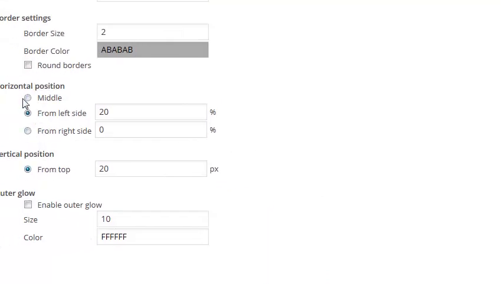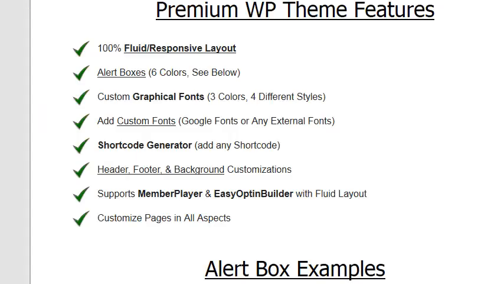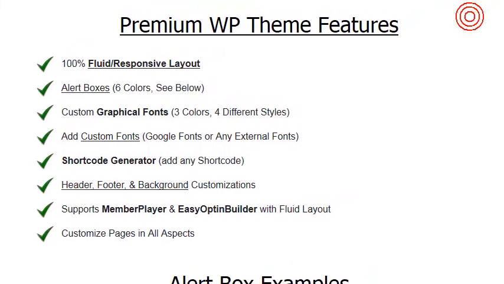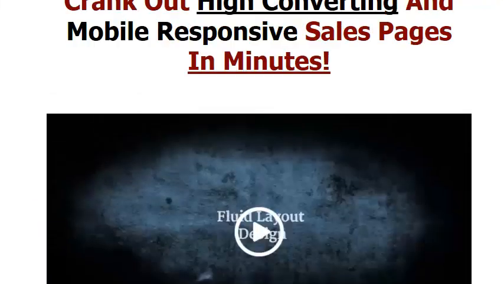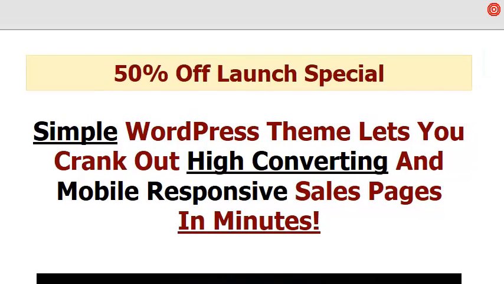From there, obviously I'm going to put it in the middle. Now the vertical position, this is a very important position. This is the vertical, obviously talks to top and bottom. So right now I have a little bit of space on the top here, and you can see that,